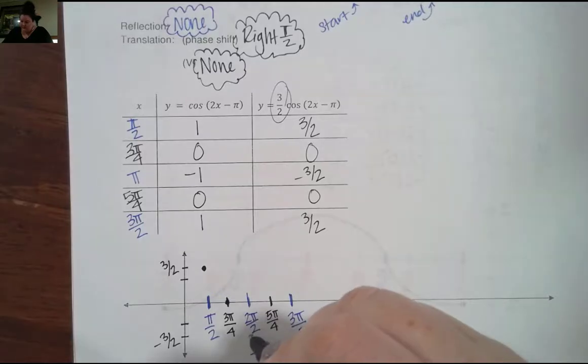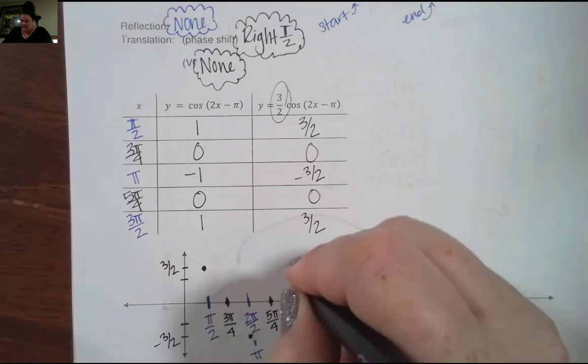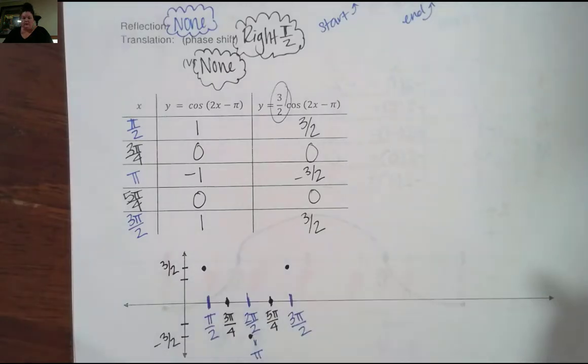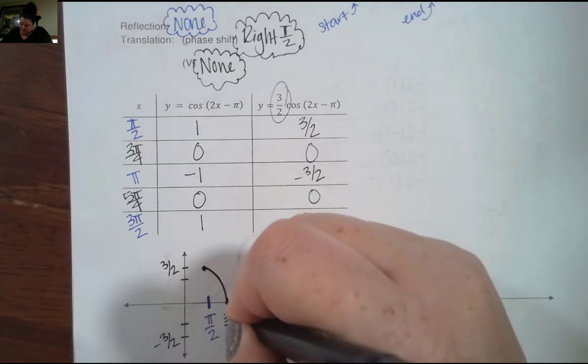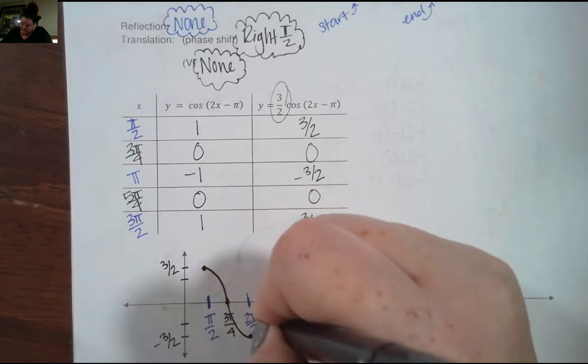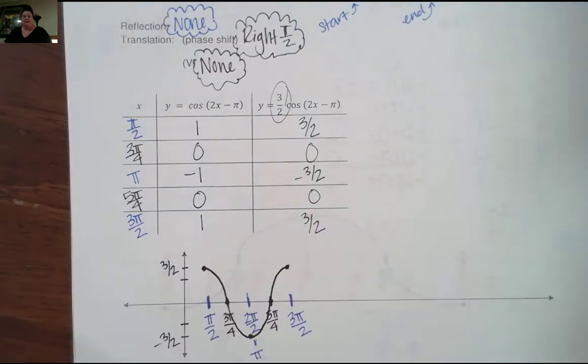Back up to 0, and back up to +3 halves. Okay. So once we have all our points on there, remember to connect your dots as much as possible, looking like semicircles, so we get that nice curve. Okay,